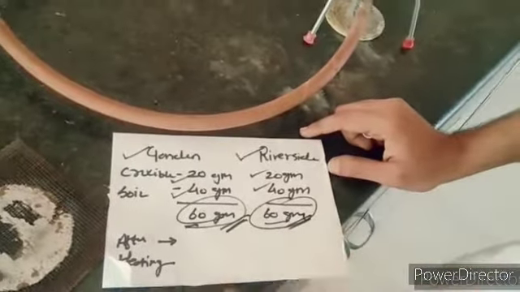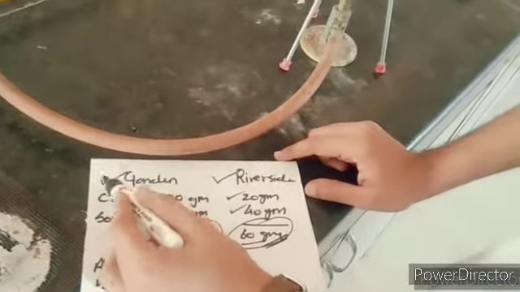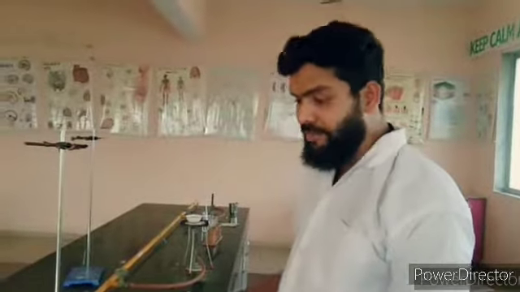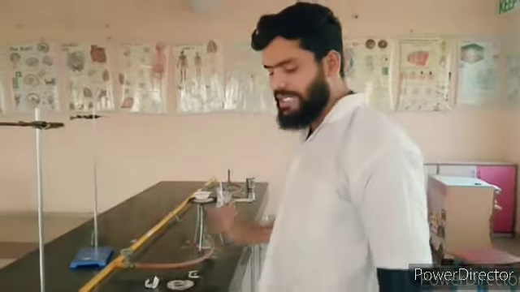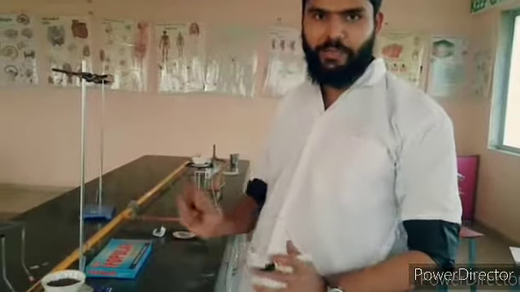If the garden soil reduces more compared to the riverside, then the moisture content of the garden soil was maximum. This is the setup of the riverside and this is the setup of the garden soil. Let us see the reduction from 60 grams after 5 to 10 minutes of heating; let's consider 10 minutes. It will obviously be less than 60 because the moisture will have evaporated. Now let us see the actual weight after heating. According to that, we will know which is more moist and what the moisture content of both is. Okay, so that's it.